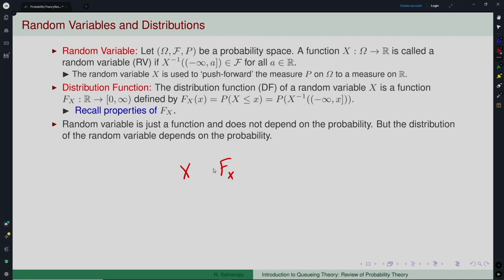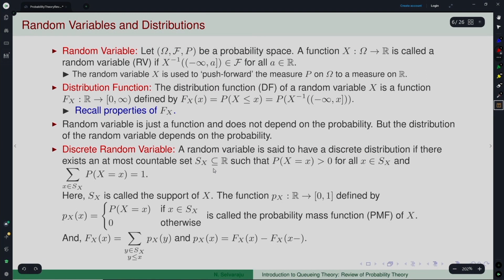Of course, from the same probability space you could have multiple random variables defined. Like in our queuing situations, there could be an inter-arrival time and a service time; there are two random quantities that you need to define in order to define a complete model. But all these things have an underlying probability space, that is what you need to remember. Okay. Now, as I said, F_X can be represented in many different ways. One of the ways, which is very simple, is the particular case of the discrete random variable.